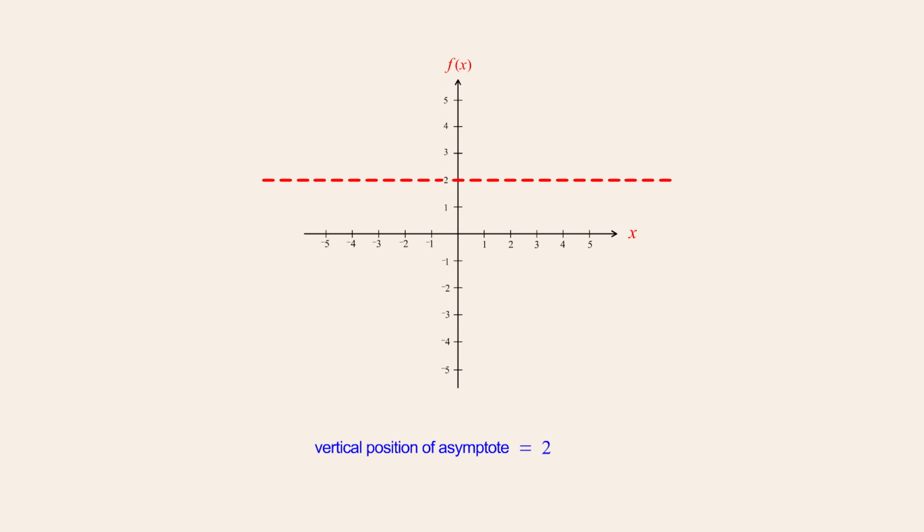Since in this example, the exponents of the numerator and denominator have the same value, we know that this function has a horizontal asymptote located a distance above or below the x-axis determined by the value of the numerator coefficient divided by the denominator coefficient, which in this example is positive 2. This function therefore has a horizontal asymptote located 2 units above the x-axis. So the function's graph looks like this.